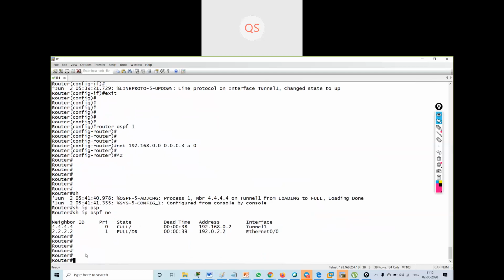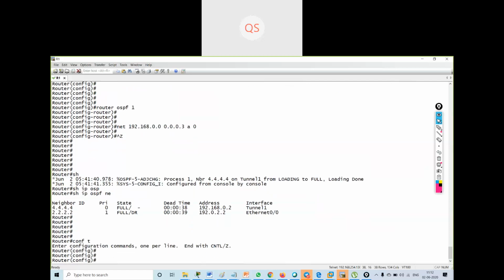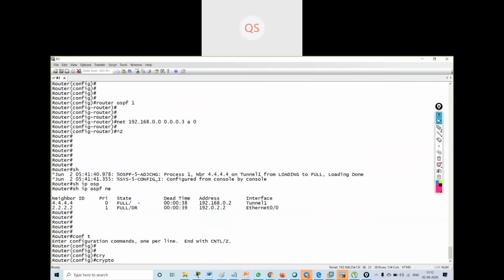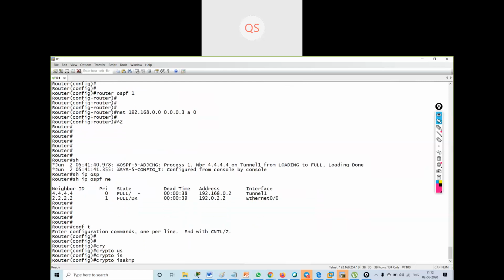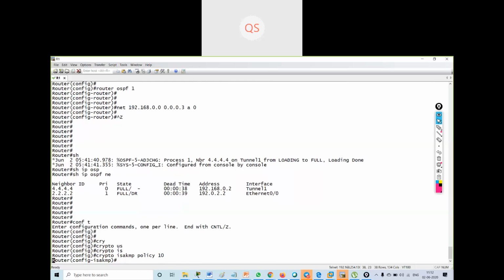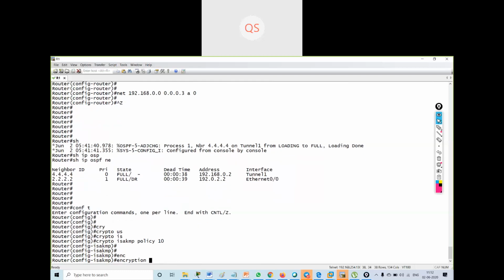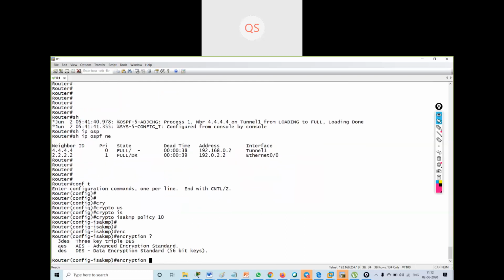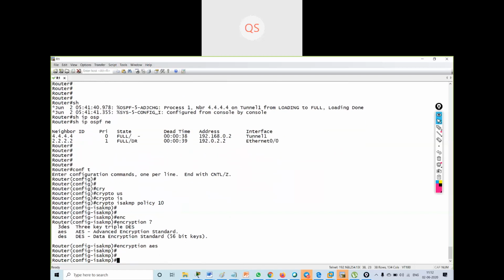So we have done the basic configuration of GRE. Now we will do the mapping. We will configure ISAKMP. So crypto ISAKMP policy. I will give any number to the policy. Then the encryption type I have to use is AES.